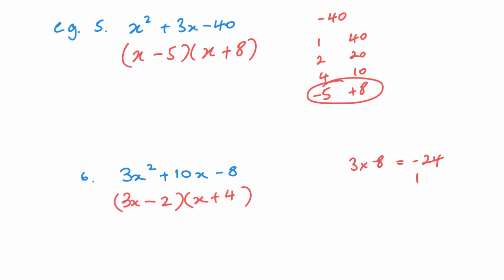So I can go 1 and 24, 2 and 12, 3 and 8, and so on. Okay, and 2 and 12 is the one that will do it. Negative 24, so it has to have different signs. But if I did take this method, what I'm really doing is I'm finding that